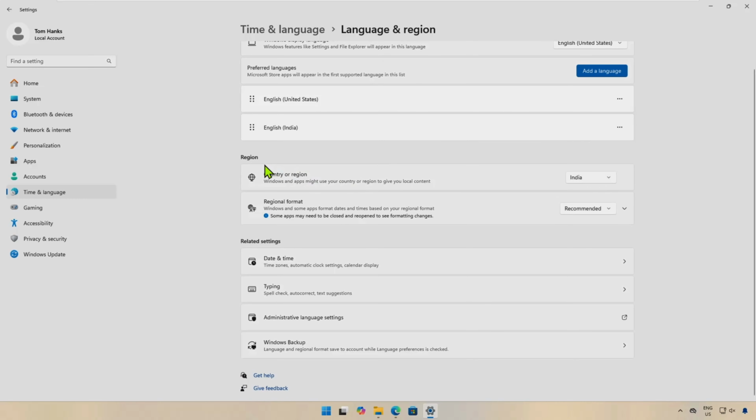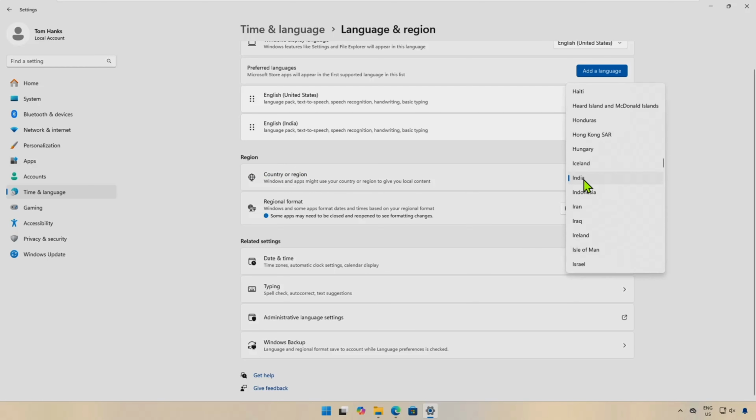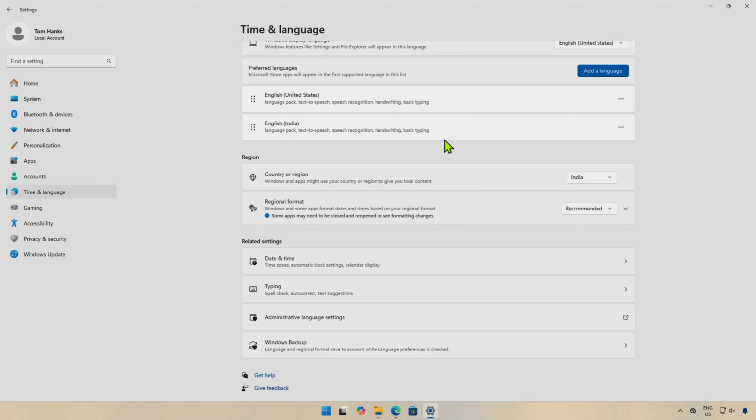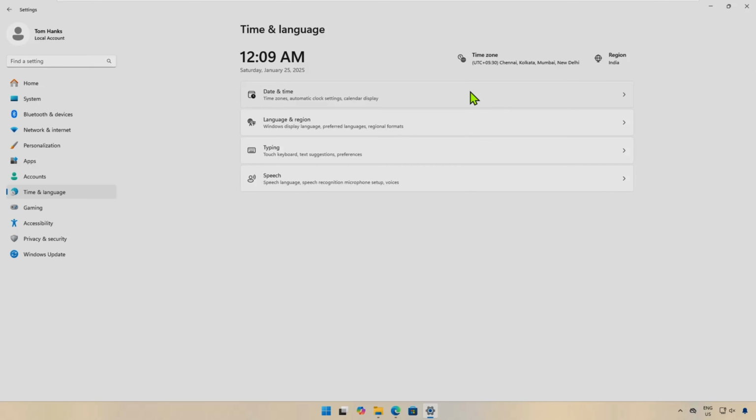Now we can also set the region of the location. I'll set it to my current location, and I will keep this as default under recommended. I'll go back to, I will keep this as recommended, which is default. I will go back to time, and if I select the time again,